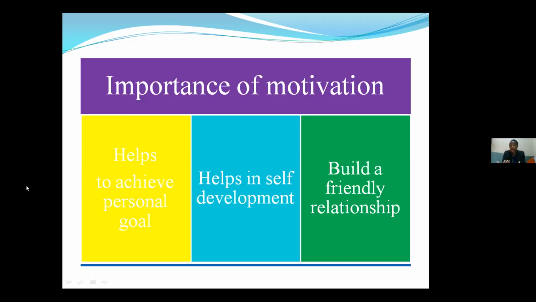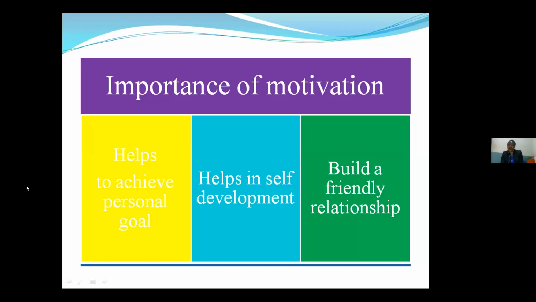Also, motivating students helps to build that friendly relationship between the teacher and the students. When a teacher motivates students, as a result, the students will be able to open up and tell the teacher whether they understand, or if they want you to explain something more, or if they want you to change your teaching methodology. If you build that friendly relationship with your students by motivating them, then the students will be able to open up to you and give you feedback for your teaching.